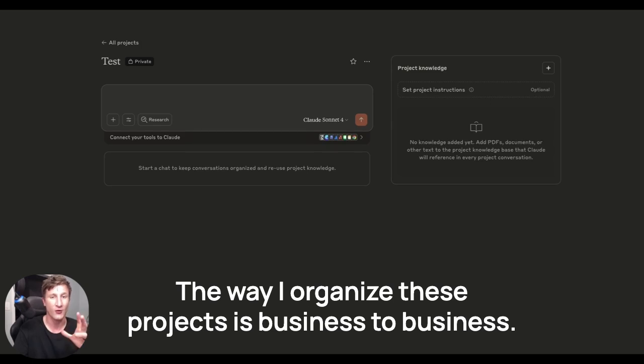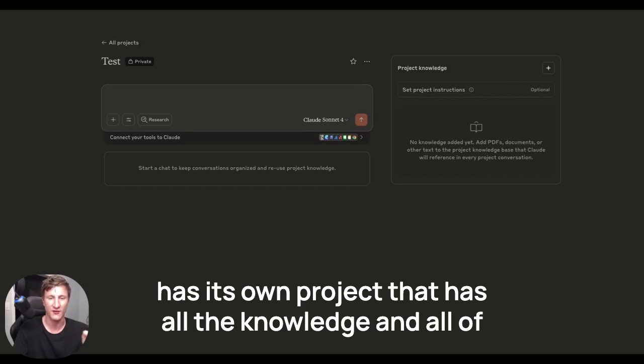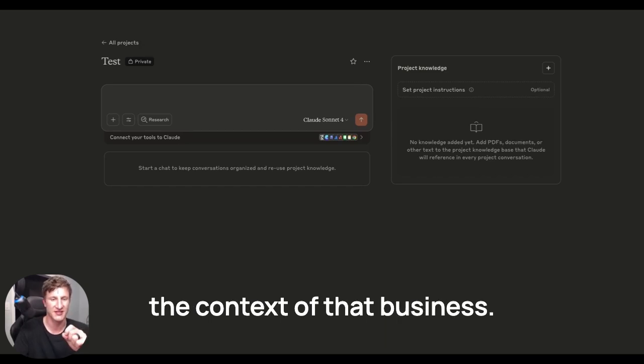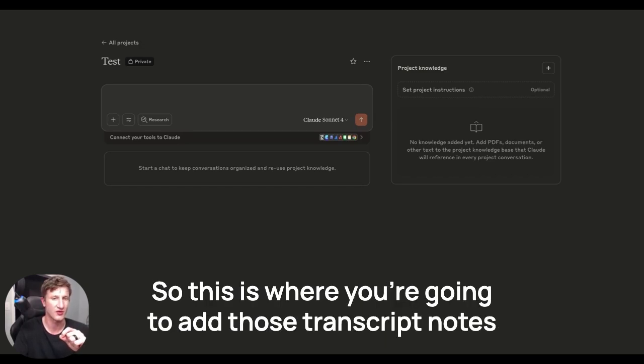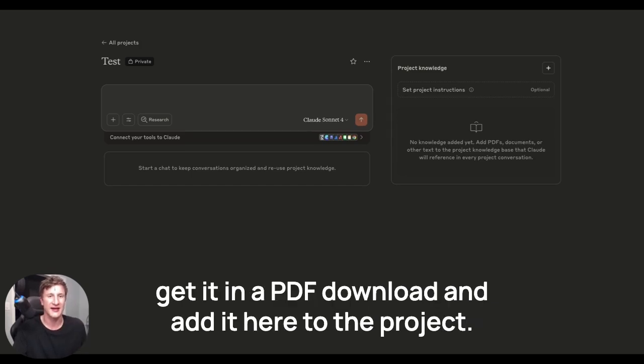The way I organize these projects is business to business. So each business or client, or my own personal business, has its own project that has all the knowledge and all of the context of that business. So this is where you're going to add those transcript notes from your discovery meeting. This is where you're going to add that deep research file, get it in a PDF download and add it here to the project